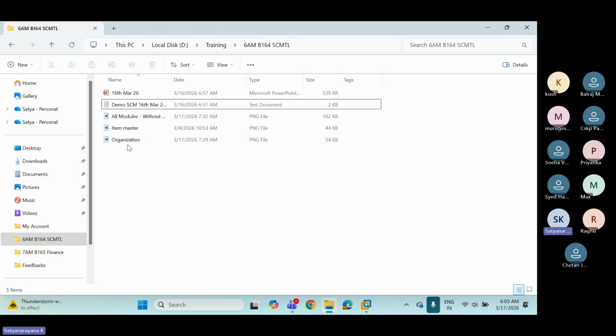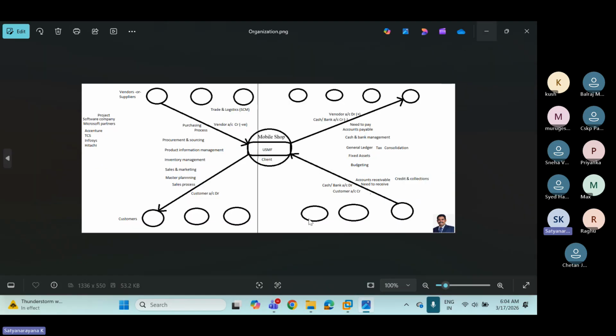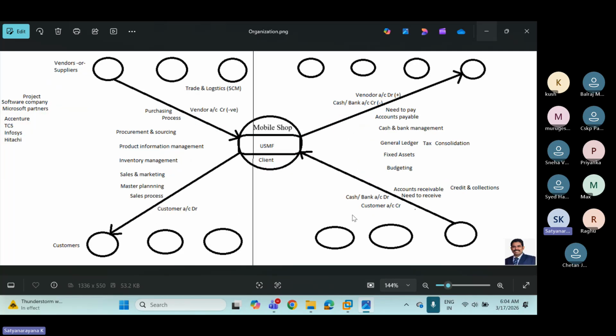If you want to learn this application, you need to imagine that you are running an electronic shop, not sitting in a software company.